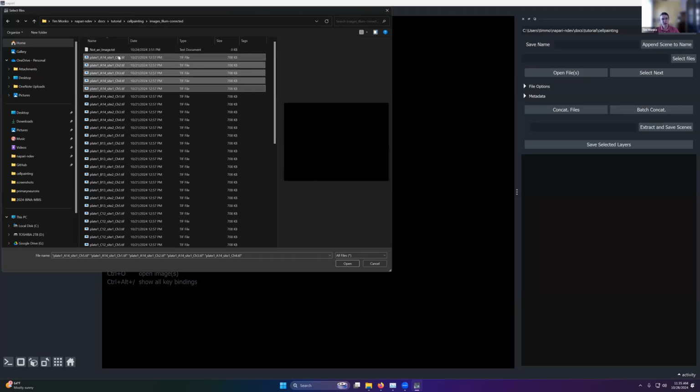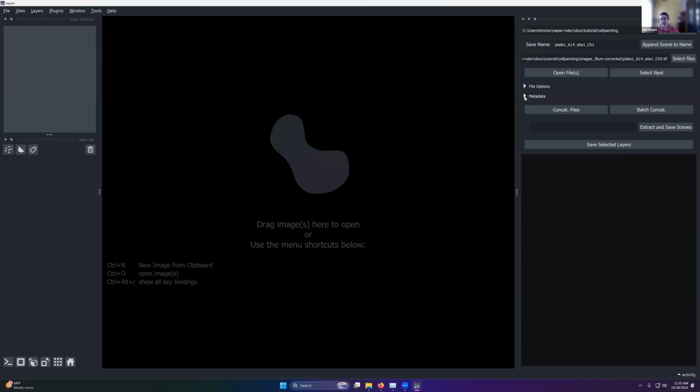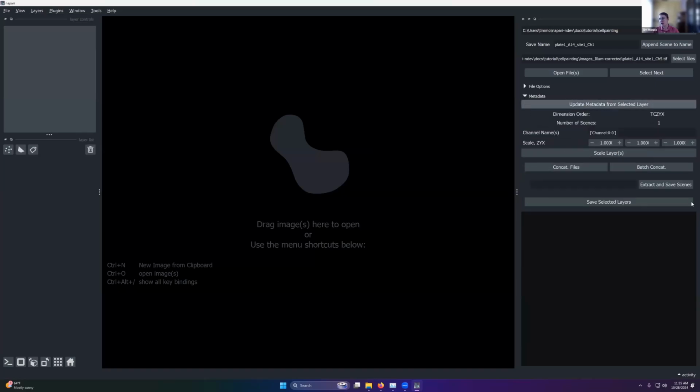And we can see that. I apologize if this text is a bit small. I have a monitor that has high resolution. I know that can be challenging on smaller resolution monitors, but there's 5 images here. We can open them. We can see that the metadata,